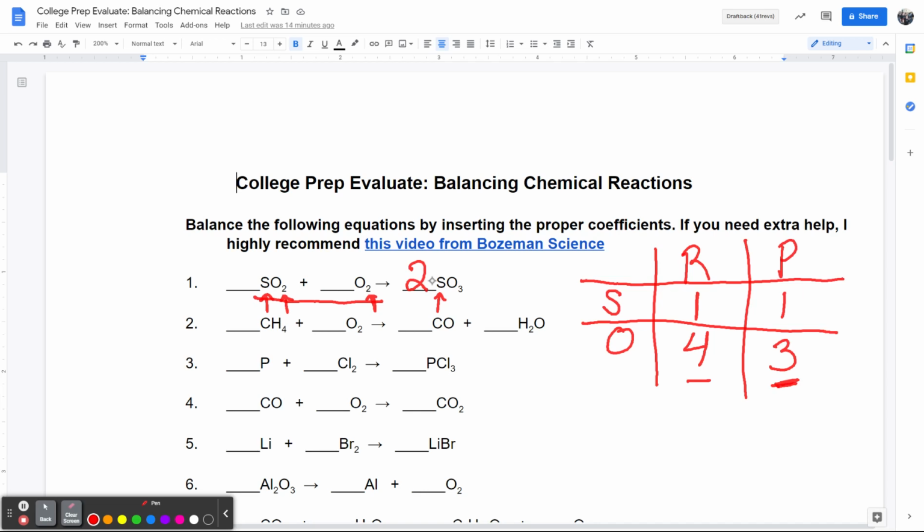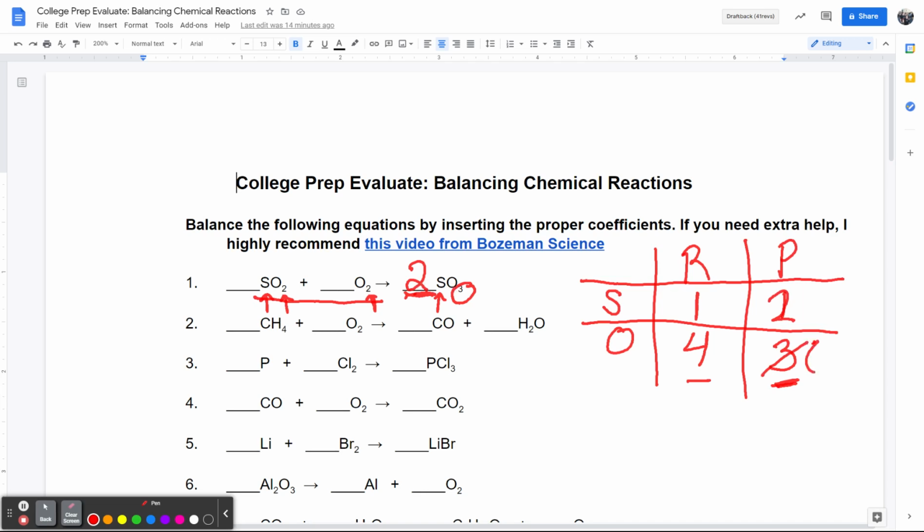Now, something to remember when you're balancing a chemical reaction, once you have your compounds formed, you cannot change the subscripts. I cannot change the numbers down here. I can only change the coefficients, which are the numbers that are in the front. Okay. The second thing that you need to remember is that you always want to make sure that you're following the law of conservation of mass. So you want to make sure that the mass on the left side is equal to the mass on the right side. So when I look at this, I now have 2 sulfur and I have 3 times 2 is